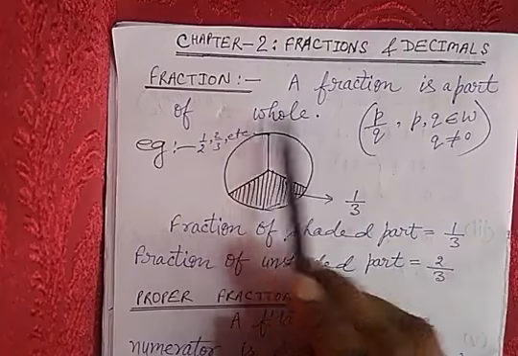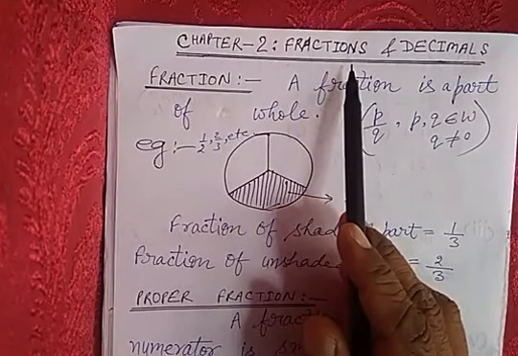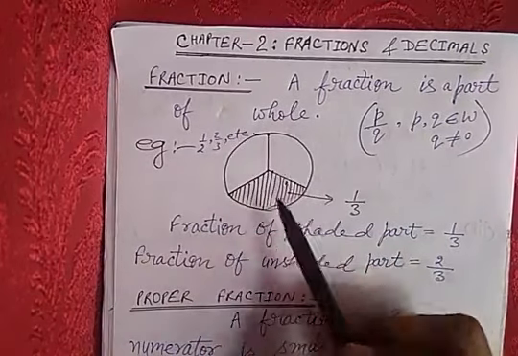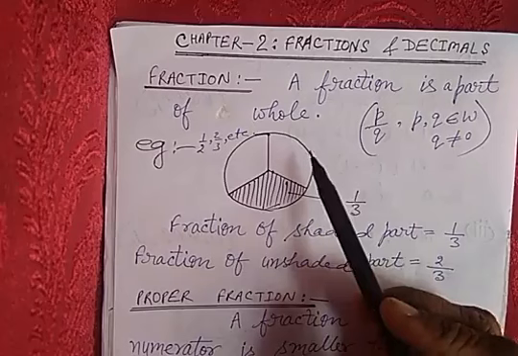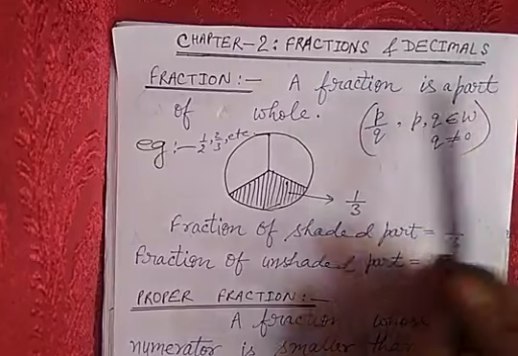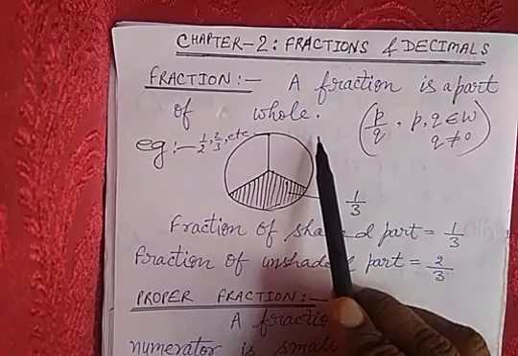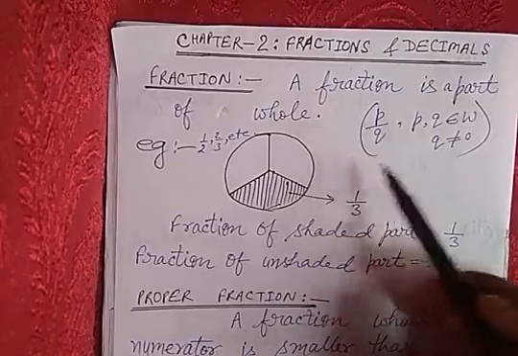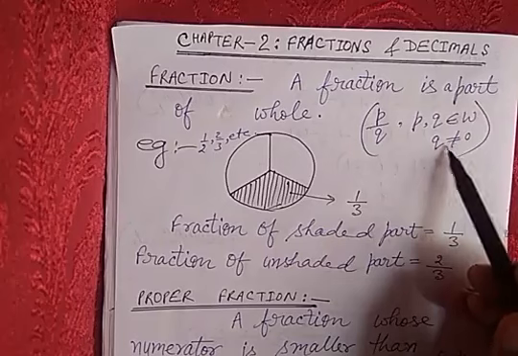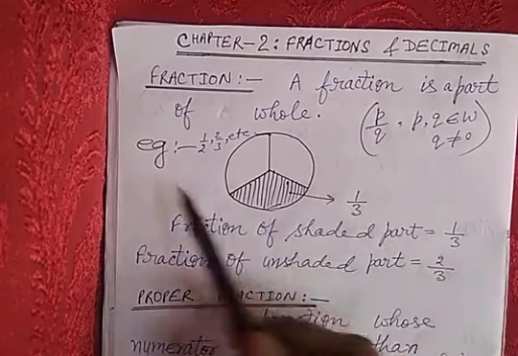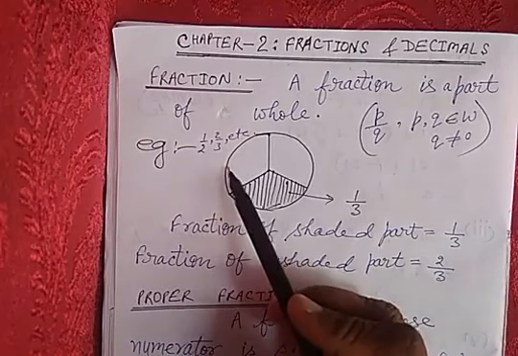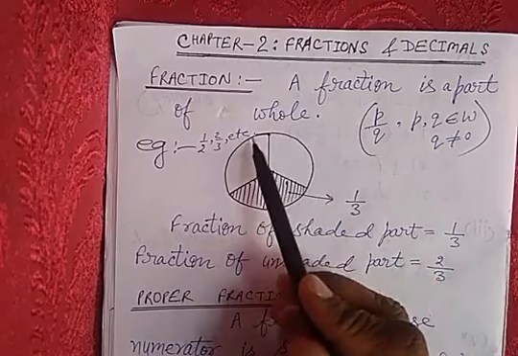In this video, I will explain about fractions. Whatever I am explaining here, you have to write it in your classwork. Now, fraction. A fraction is a part of a whole. A fraction can be represented as P by Q, where P and Q are whole numbers and Q is not equal to 0. For example, 1 upon 2, 2 upon 3, 5 by 9, 1 upon 11, etc. are the examples of fractions.